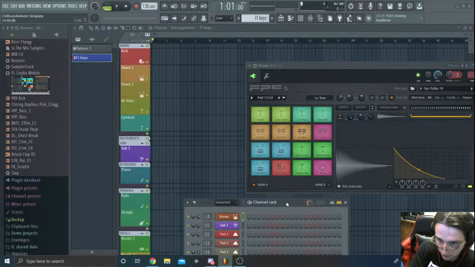So, if we're doing snares... or no, maybe.